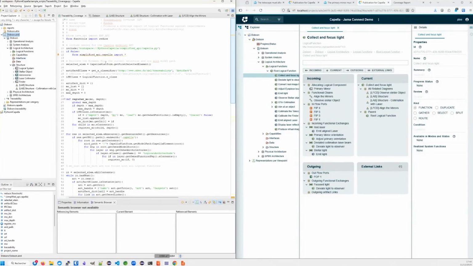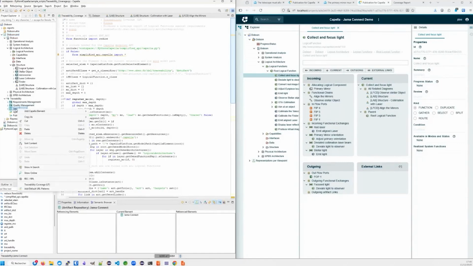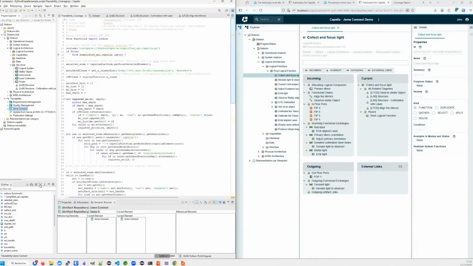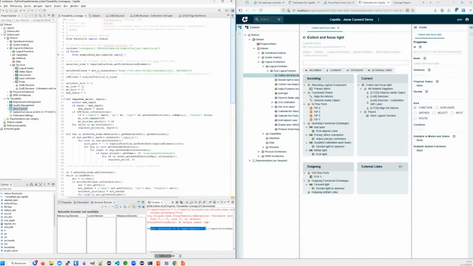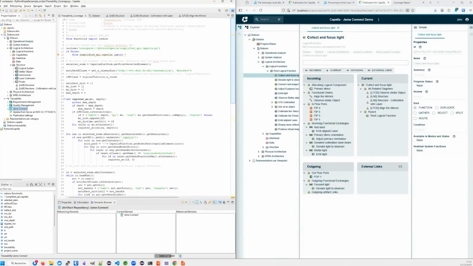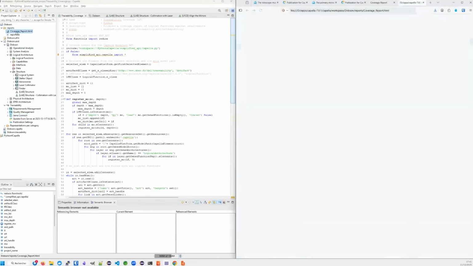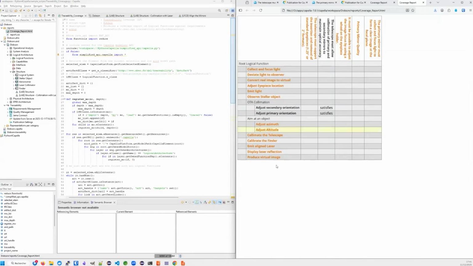So this is a little script that just adds an action when I right-click on this object. It adds the action traceability coverage for logical functions. And when I run this action, it just runs and tells me a report is generated. The rest is not to be worried about. And the report produced is here. If I open this report, it gives me this little report here,